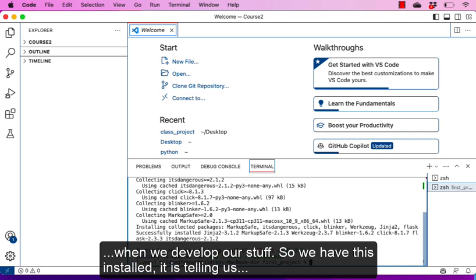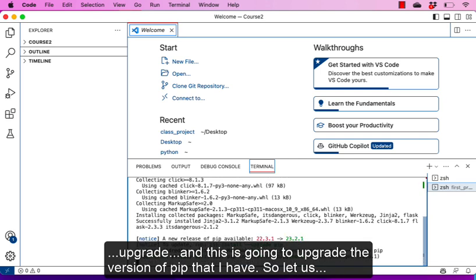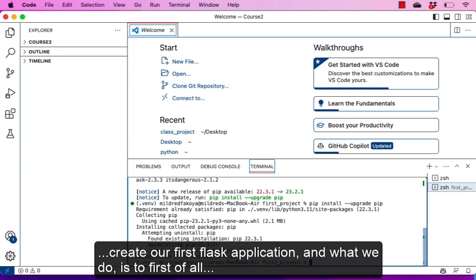So we have this installed. It's telling us that we can upgrade our pip version. I can follow that message and just do pip install upgrade, and this is going to upgrade the version of pip that I have. So let us create our first Flask application, and what we do is to first of